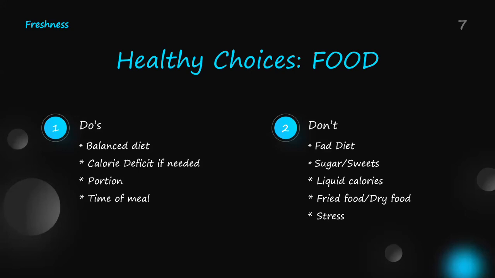Time of the meal. As I said, time of meal is very important. You cannot eat food and immediately go to sleep. You need to have at least an hour or two before you go to bed, right? So time of meal is very important. किसी ने कहा है ना कि morning का breakfast has to be very rich and then lunch, and then evening meal has to be very light,